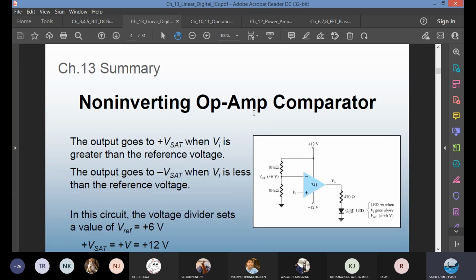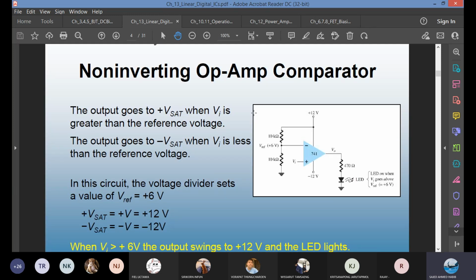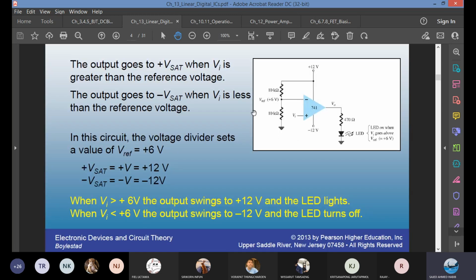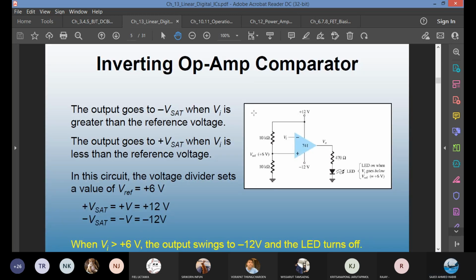You have inverting and non-inverting op-amp. You can start reading from the non-inverting. The input pin is the non-inverting. V minus is the reference. When V plus voltage is greater than V minus, you will have a high saturation level. If V plus voltage is less than V minus, you have a low saturation output, which is minus 12 in this case. If you have an inverting,